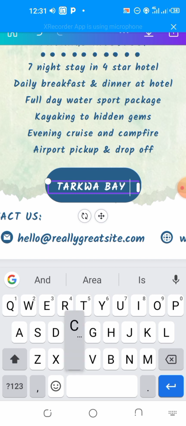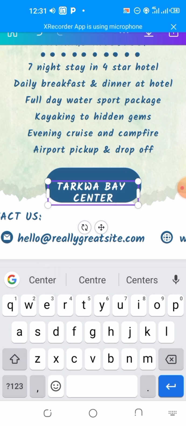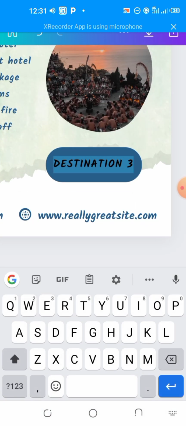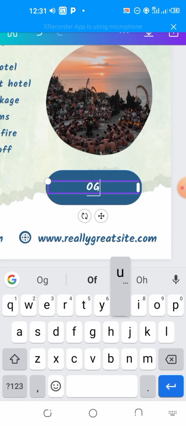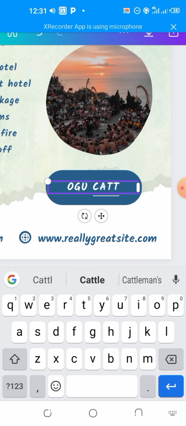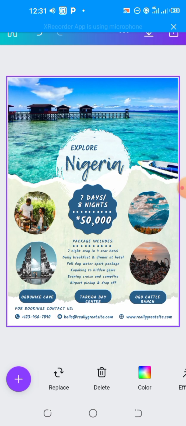Takwa Bay. You could go to Takwa Bay Center, and well, let's also make this Ogudu Cattle Ranch. Let's say we just have these centers to visit, but then you see it's not well placed, so